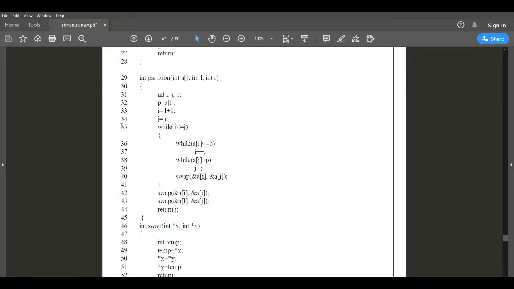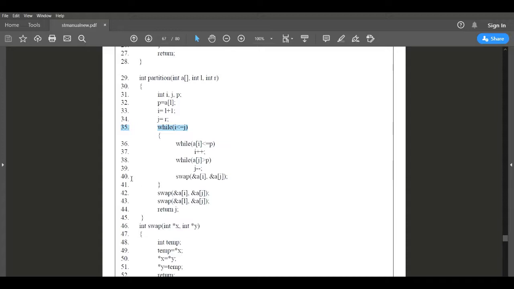Correct? Getting my point? In line number 35, check this condition. This is the looping statement. If the loop condition is true, then up to 41 the loop statement continues. From line number 41, go back to line number 35, test this condition.